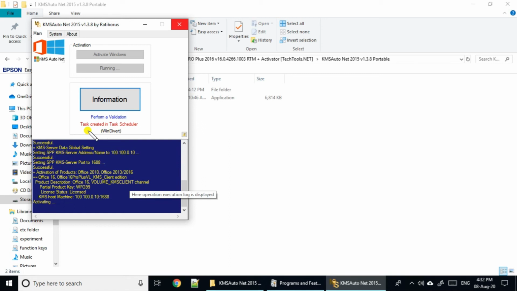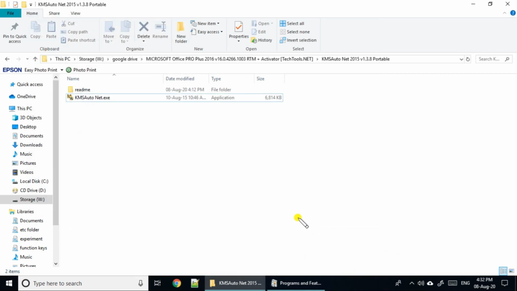So guys, here you may see that task created in task scheduler. You may see this message here also, or in this window also. Whenever you see this message, task created in the task scheduler, that means you are done. Let us try to close this window.